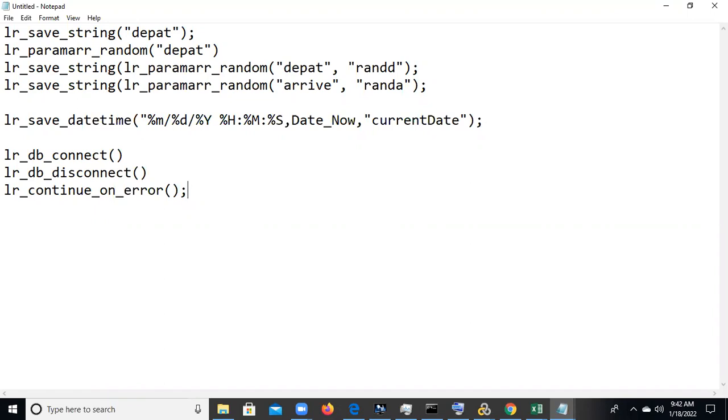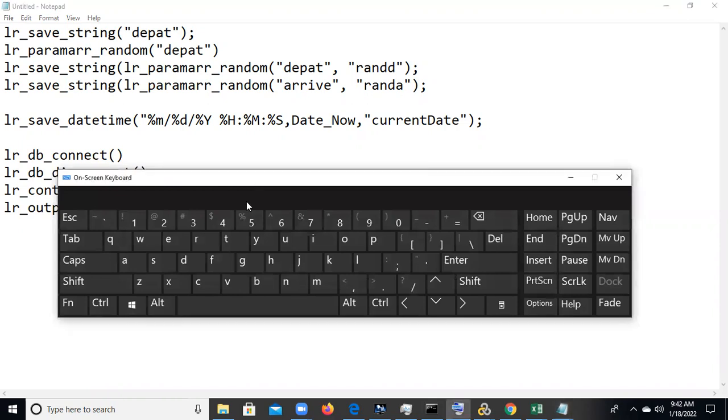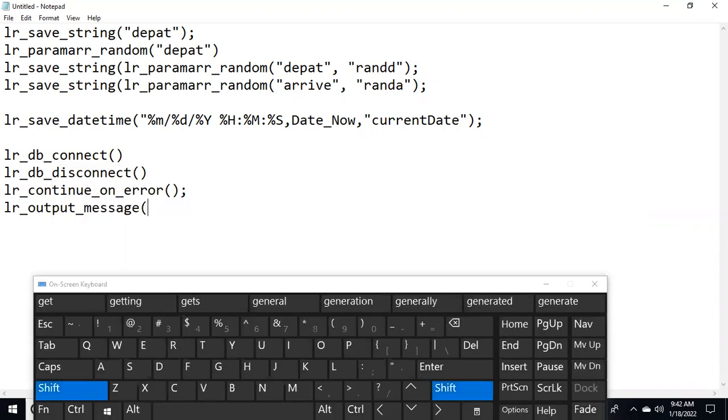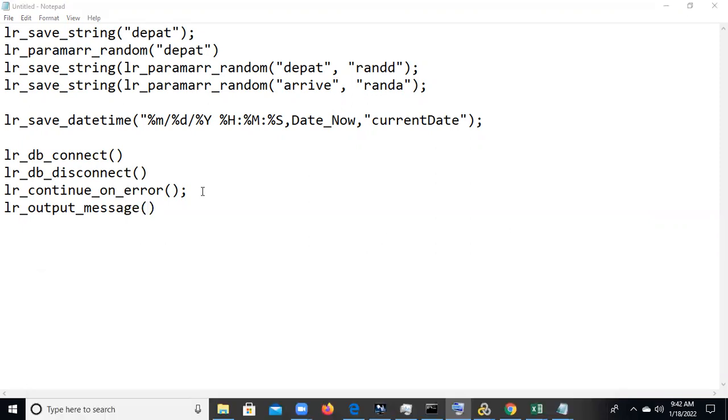And one more thing, LR output message. Nothing but I want to capture any value and display it in our output.